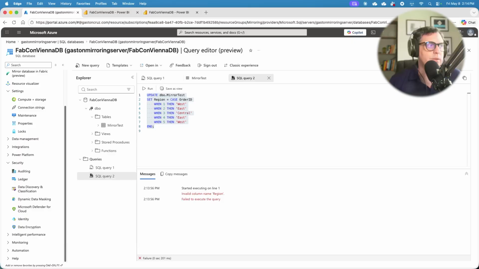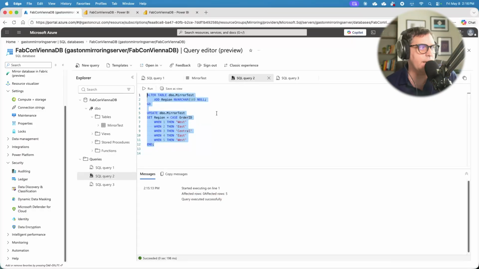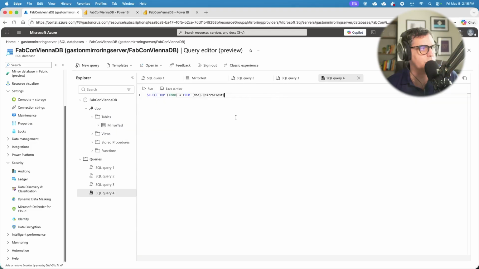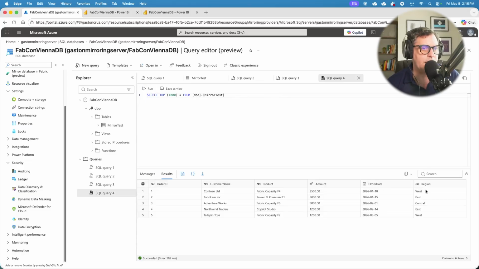So as you can see here, we mentioned before that with this command, what we are doing is adding a new column, the region column, and we are updating based on, you can see here, order ID. Based on the order ID, we are populating that table. So if we run this command, after running this command, we can go here and say, hey, this is the mirror test database, and we can check that we update with a new column that is the region column on